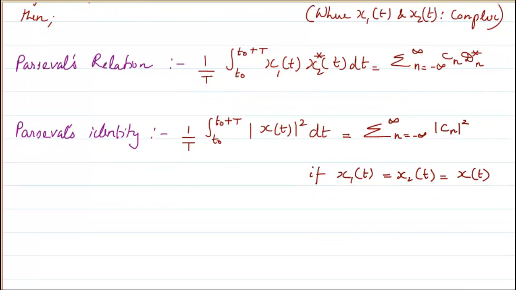So both the equations are actually similar, but the meaning is different, because here when we do this, basically we are trying to find out the power of a complex periodic signal. And what this Parseval's identity is trying to give us is that if you want to calculate the power, you can do it in the time domain by using this equation, or you can simply use this equation to find out the power, where you are using the Fourier coefficients. So Parseval's identity or Parseval's relation basically helps us to find out the power with the help of Fourier coefficients.